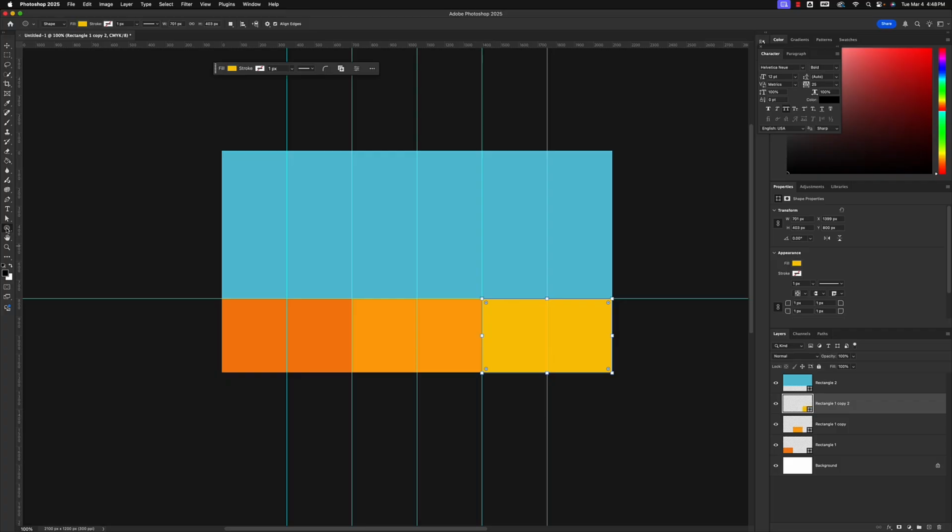Okay, so I've got the ellipse tool selected, but before I start to create anything new, I want to make sure that I don't have any layers selected. So I'm just going to come over and click at the very bottom underneath the background. If I had this rectangle right here selected and I started working on a new one, it would actually affect that. So anyways, I'm going to come over here and I'm going to put my mouse right in the middle